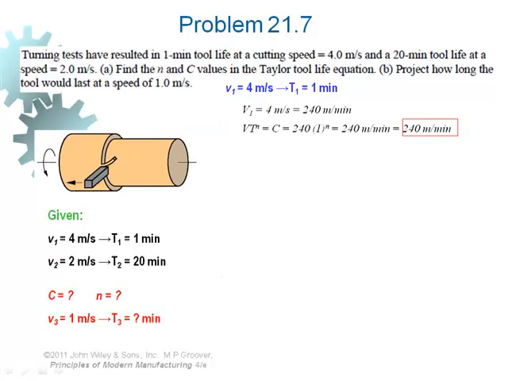Okay, so in this problem, by substituting the values of V1 and T1 in Taylor's tool life equation, as I said, regardless of the value of n, we can compute the value of C in meters per minute, which is 240. First step of the problem. Now we are after the value of n, having C at hand. How do we do that? n is